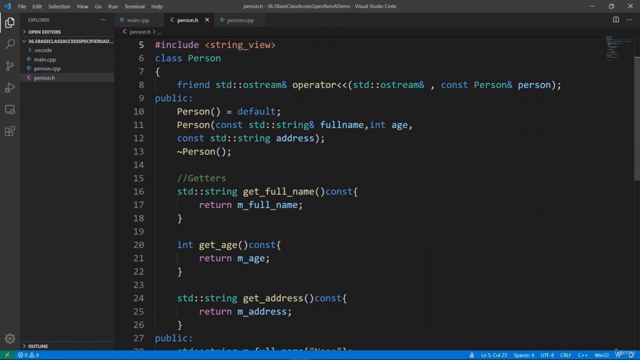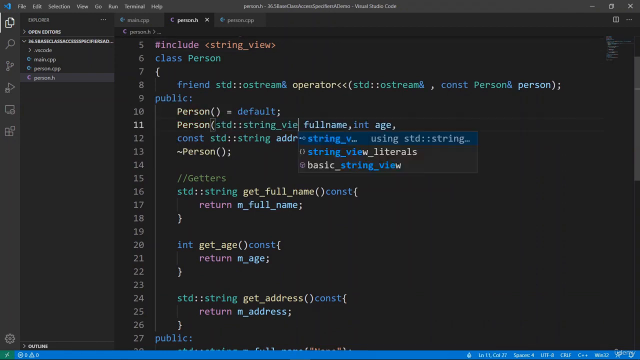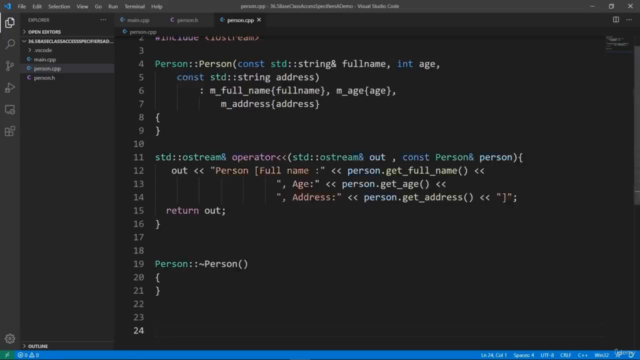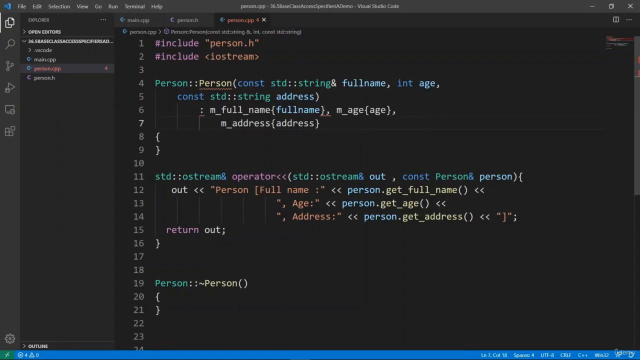And we're going to change the first parameter here to be an std::string_view by value. This is going to be much better. Okay, we have our class. We can hop over in the CPP file and put in our implementation. We are going to change the constructor a little bit and make sure we are taking an std::string_view